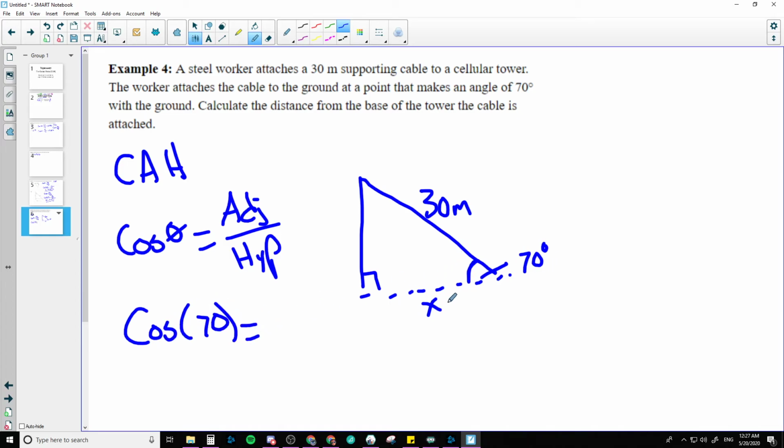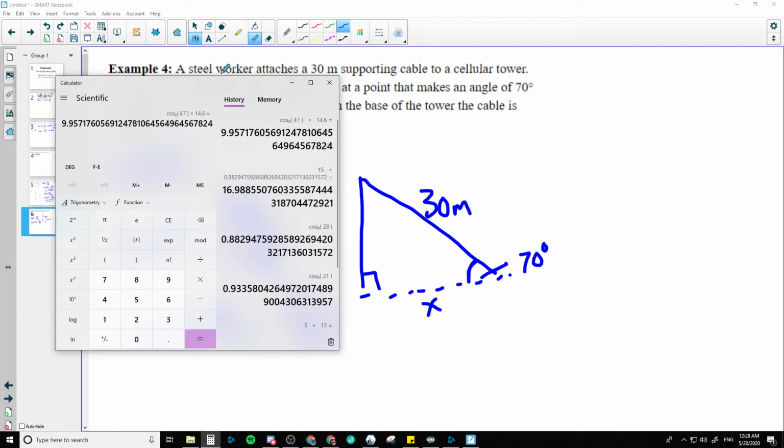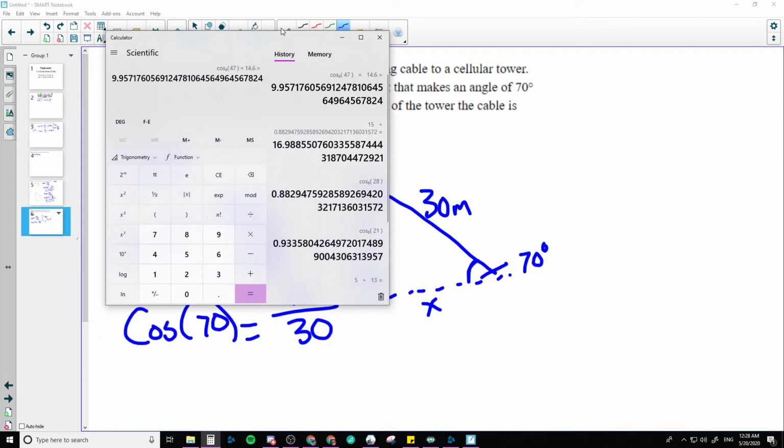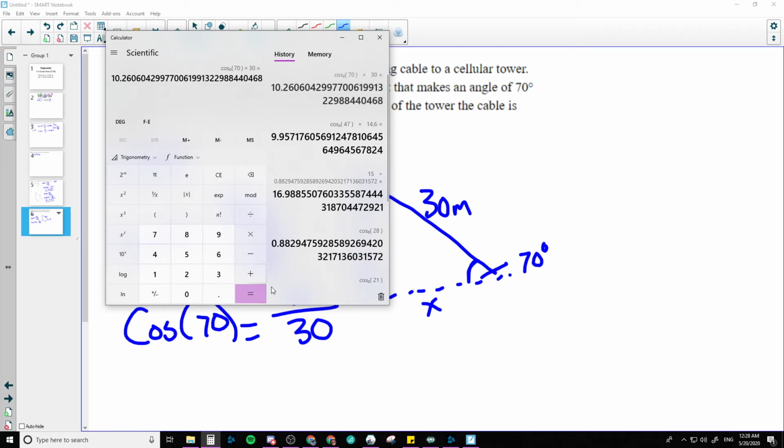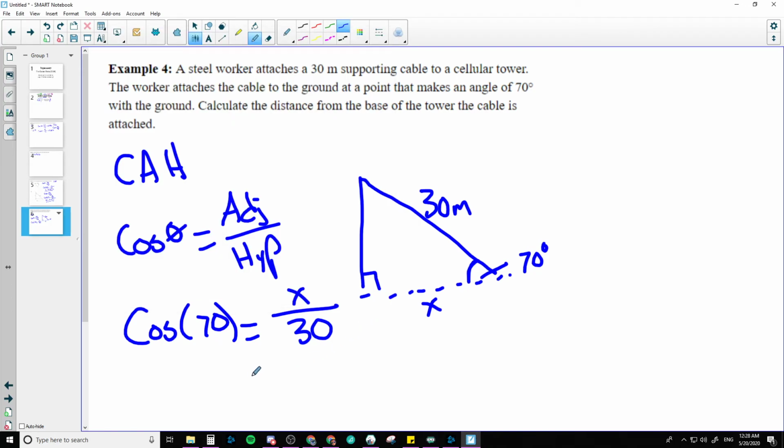This side is adjacent, so x over 30. Because x is on the top, we can multiply these together. So the cosine of 70, we're going to times that by 30, and we get 10.26